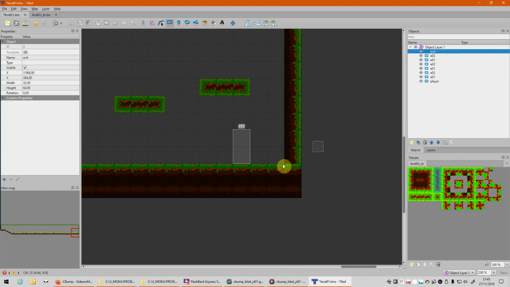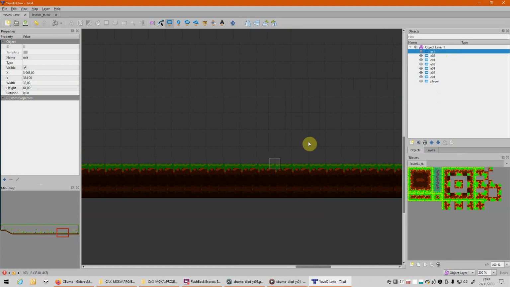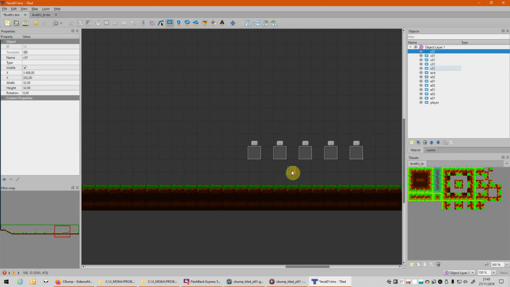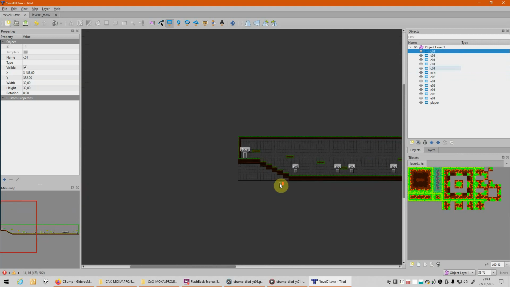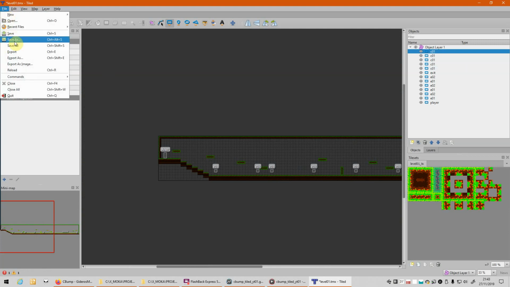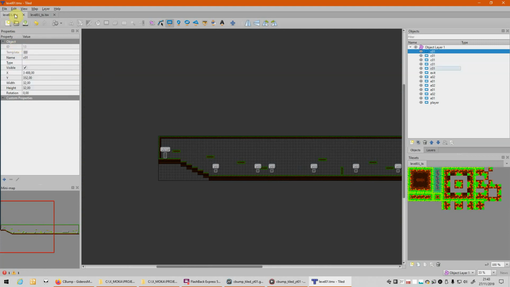Okay, and now we need some coins, so creating one, let's call it coin C01. Copy, paste, paste, paste, paste. Okay, so that's my map. Cool. Save all. Now the map is ready.